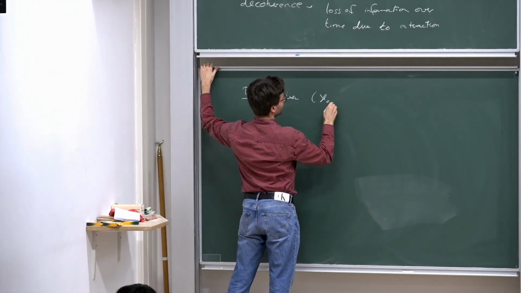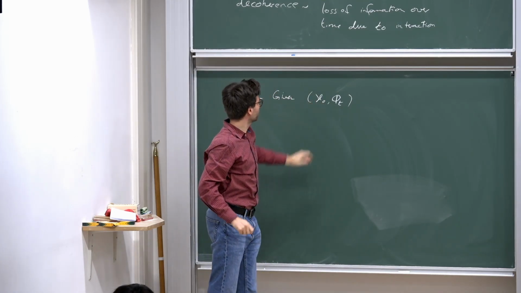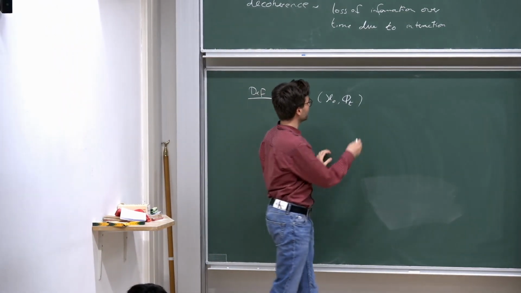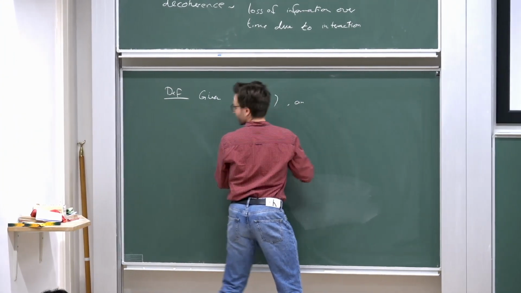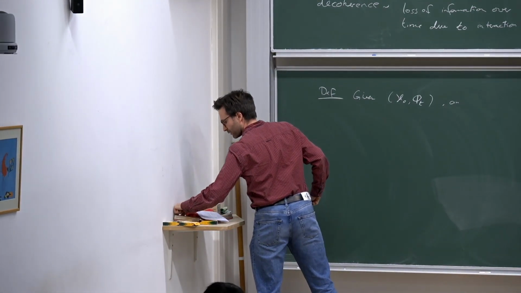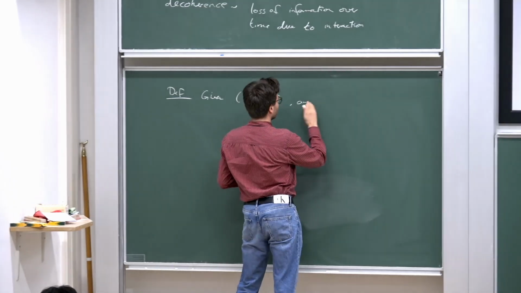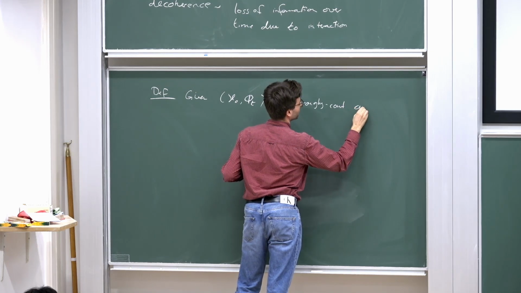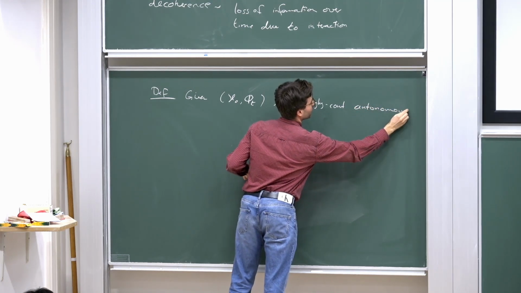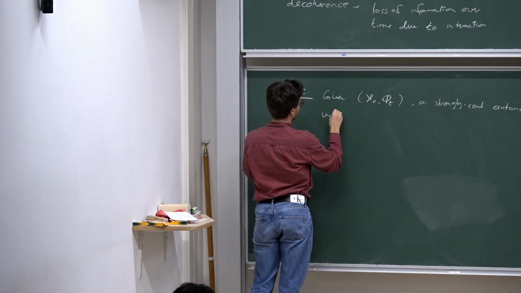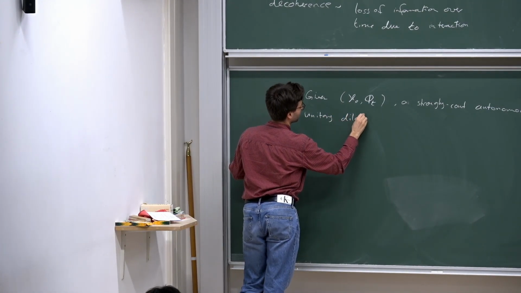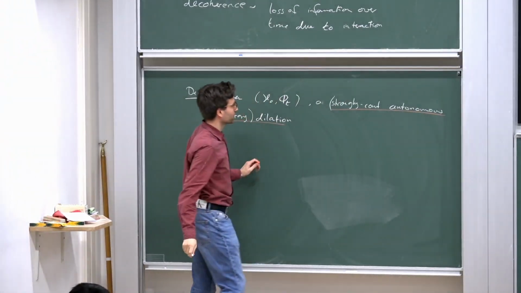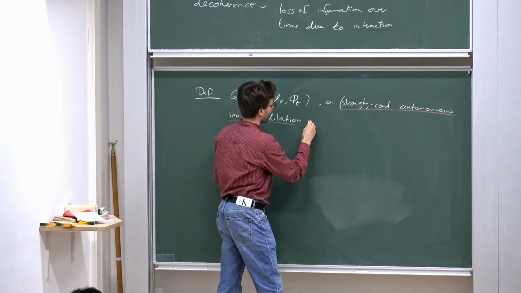So given your internal system, so that should be a Hilbert space with some UCP time evolution, one parameter family, do the following. So a strongly continuous autonomous unitary dilation. So that's my definition. So I can, for the rest of the talk, just use the word dilation, but that's what we mean,